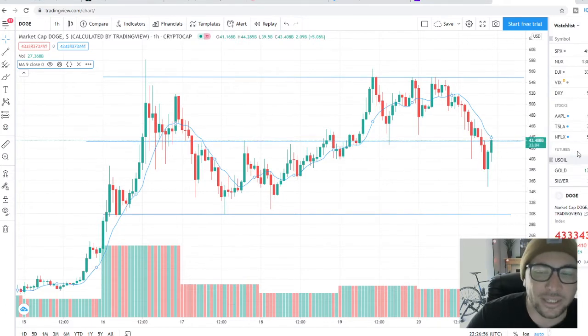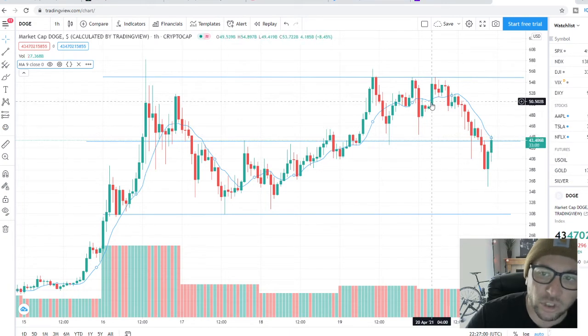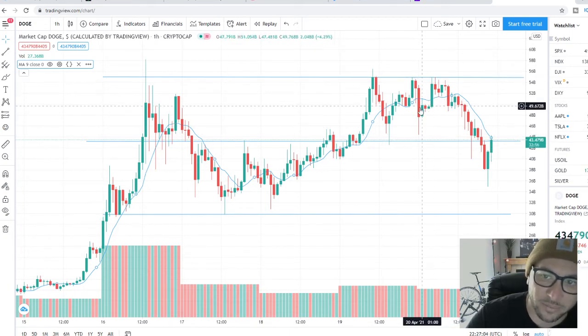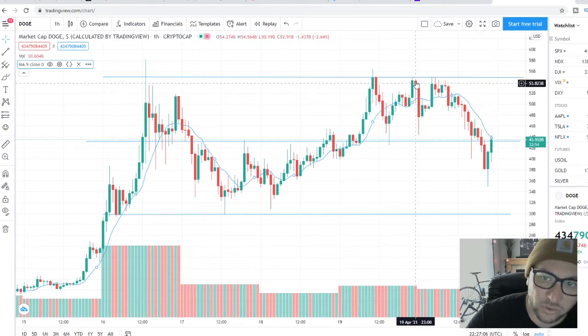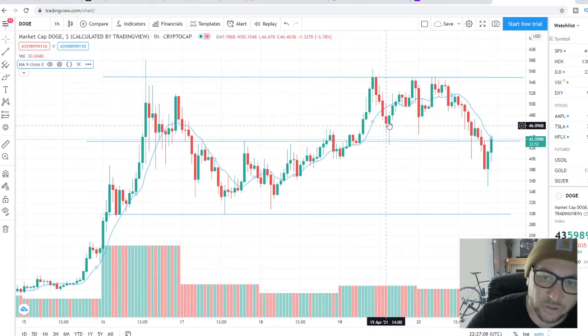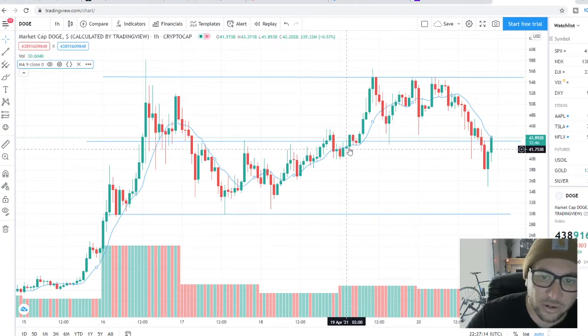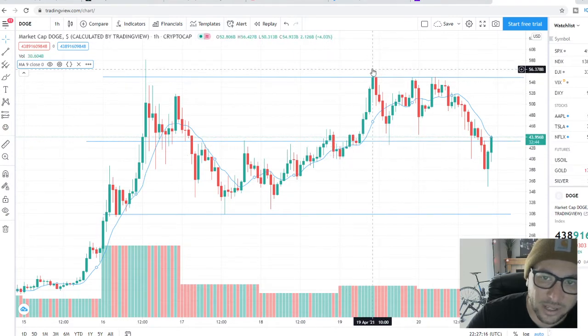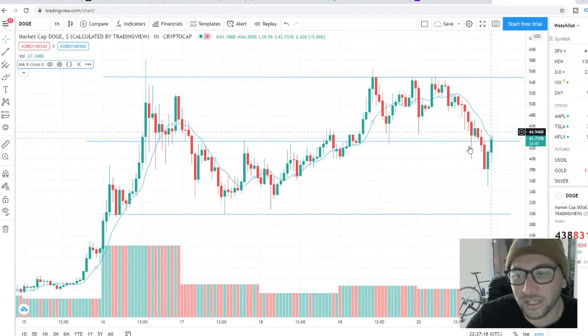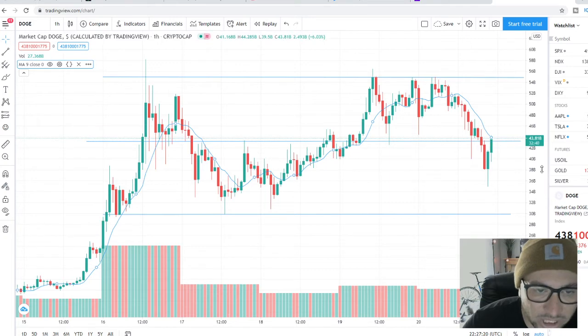So if you are looking to get in, if this can continue and crack the 9, we'll just go back and backtest. Every time it cracked the 9, what did it do? It ran up. Cracked the 9, what did it do? It ran up. Okay, it was trading below the 9 here. What did it do when it cracked the 9? It ran up. Here, what did it do when it cracked the 9? It ran up. So if you are looking to get in on this thing, right now is a pretty good opportunity to get in for a trade.